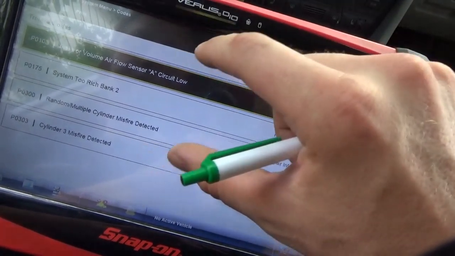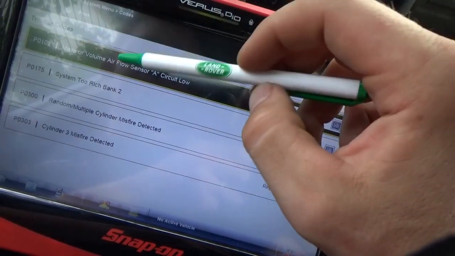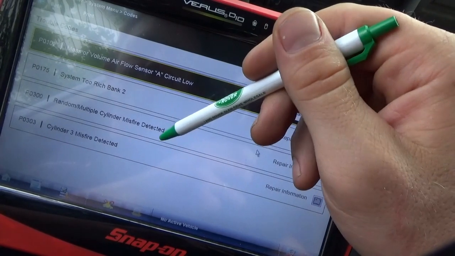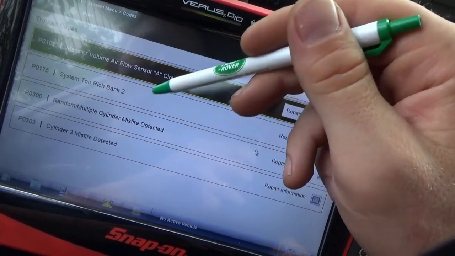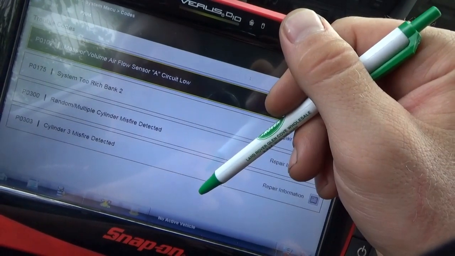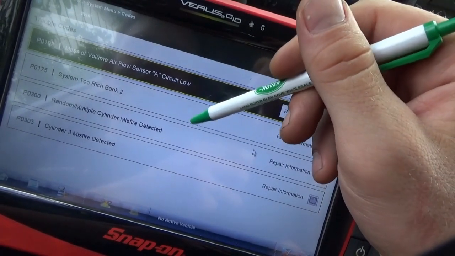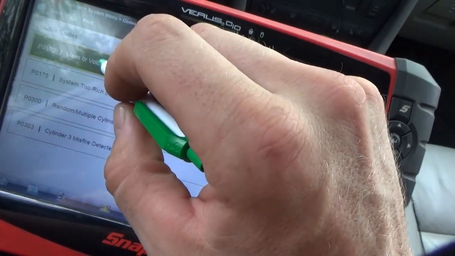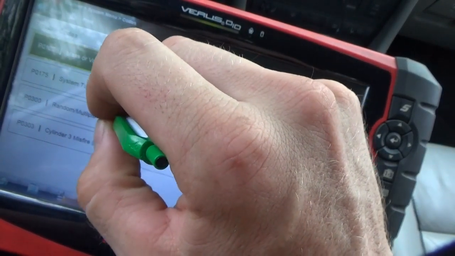Okay, so we only have 4 codes here. 102, 175, 300, and 303. So it's interesting that maybe the other ones are pending, but you know, we don't see that in the OBD2 system. So in any case, the P102 is the main one, I think, and system 2 rich